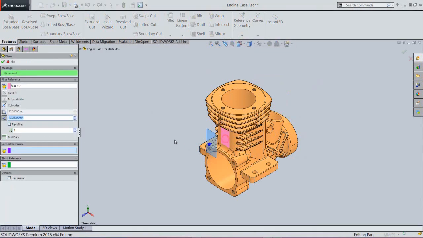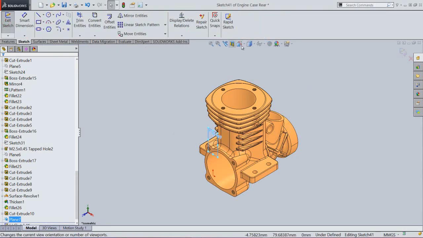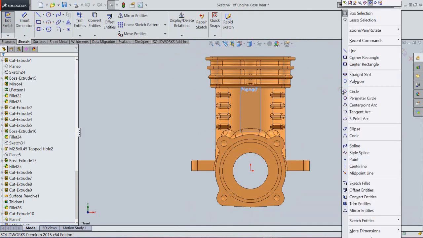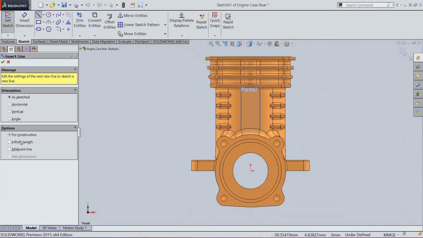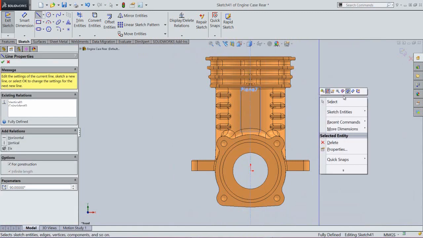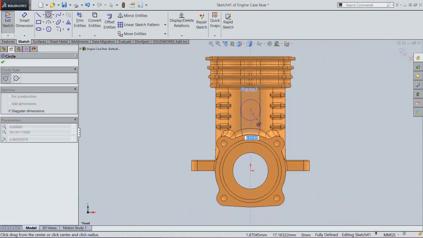Now activate the plane command and select this face. Set the offset distance value 9 mm. OK. Create a new sketch on this plane. Create a vertical line. This line will be kept as a construction line. Create a circle from here.